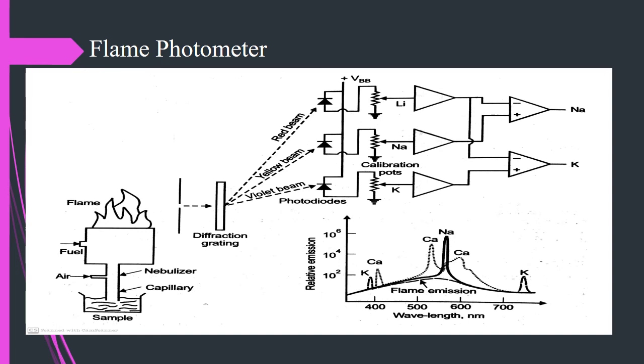The calibration potentiometer in each channel is used to calibrate the instrument with a standard solution whose concentration is already known. So here the potassium has one wavelength and the other elements have different wavelengths. It is found out using the different colors spread on the photodiodes. The outputs of the sodium channel and potassium channel are calibrated in terms of differences with the known lithium. Even a small amount of sample is enough to carry out this analysis.